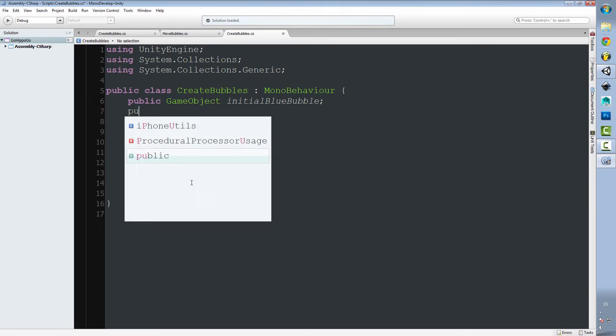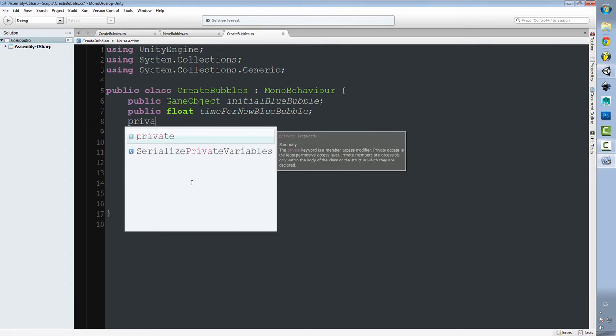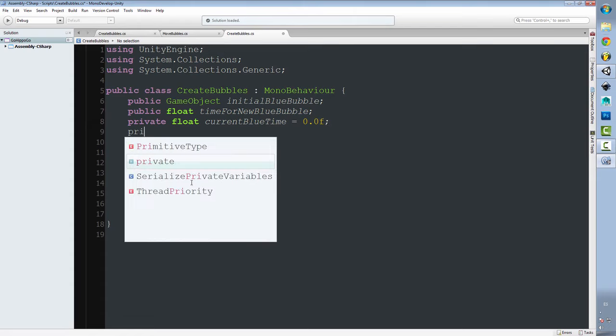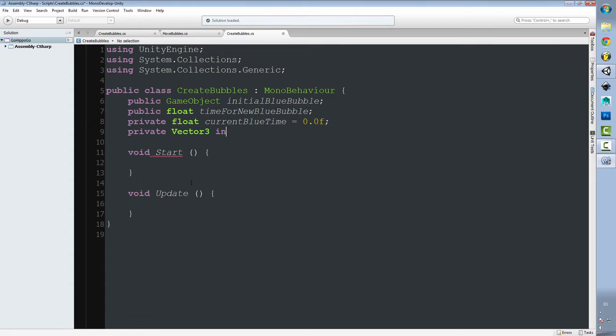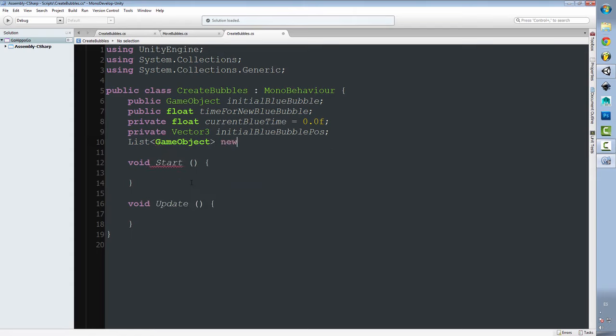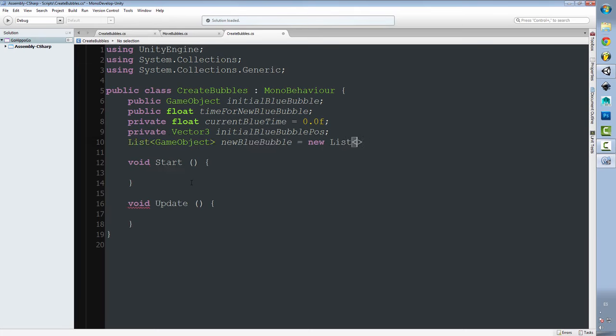Okay, now create a public float time for new blue bubble, a private float current blue time that will be equal to 0.0, a private Vector3 initial blue bubble pos, and finally a List containing GameObjects named new blue bubble equal to new List containing GameObjects,